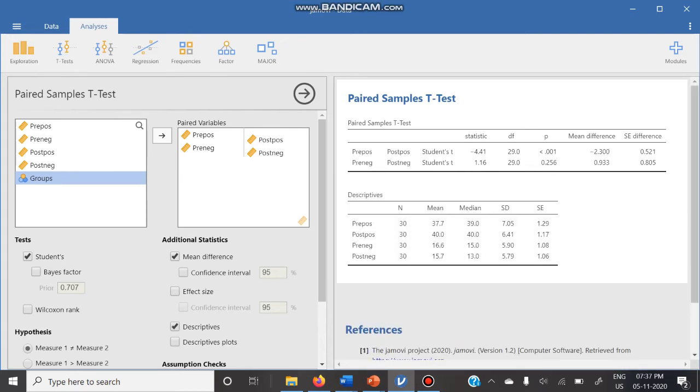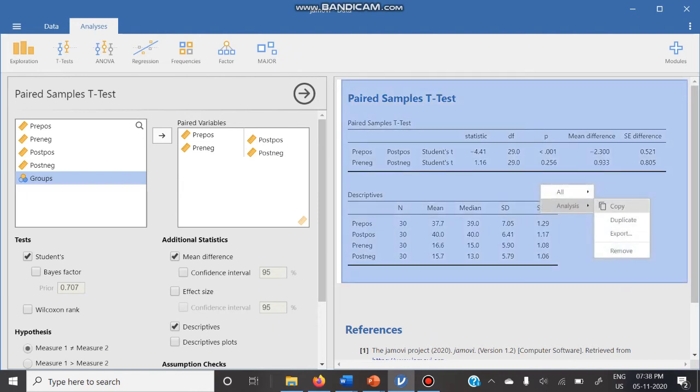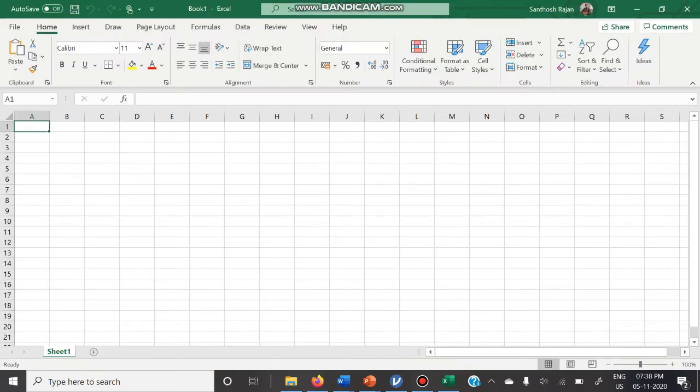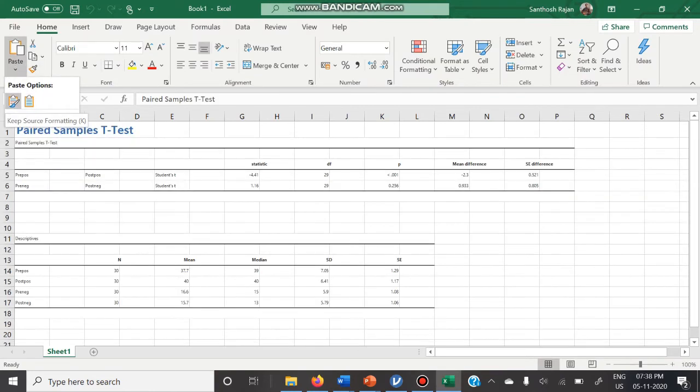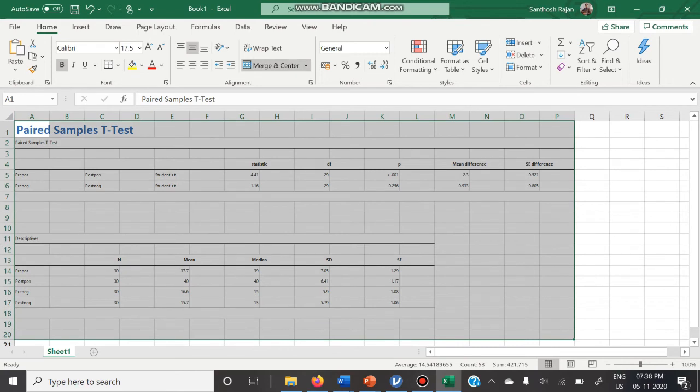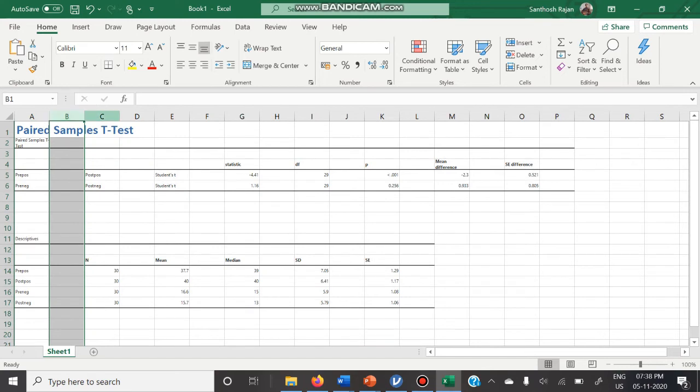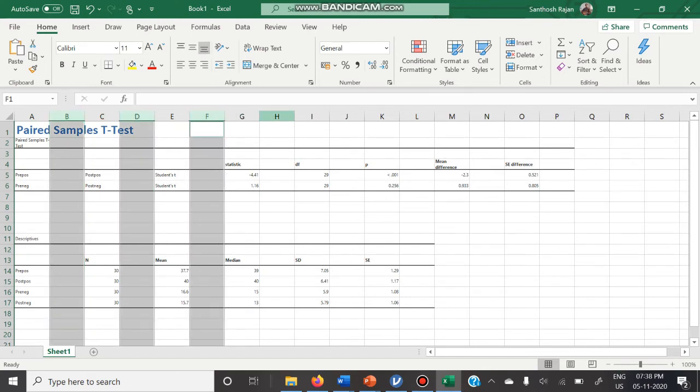The result is here in the output view. We can copy it and paste it in an Excel sheet, merge and center, and remove the columns which do not have any information.